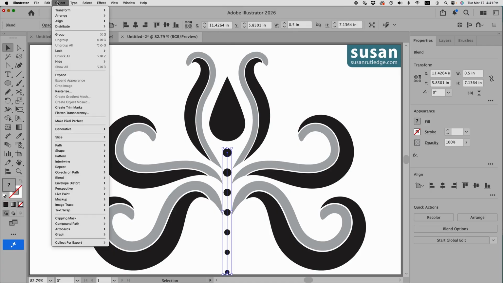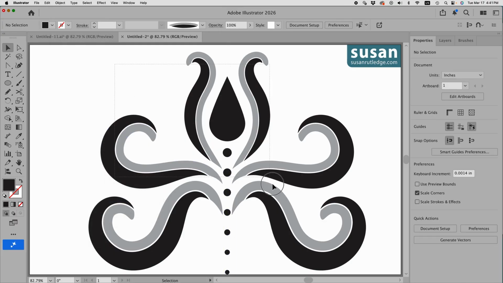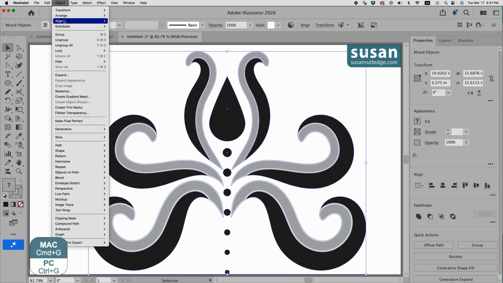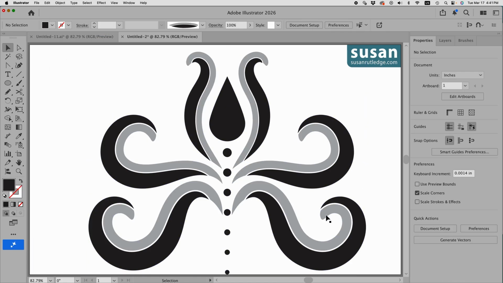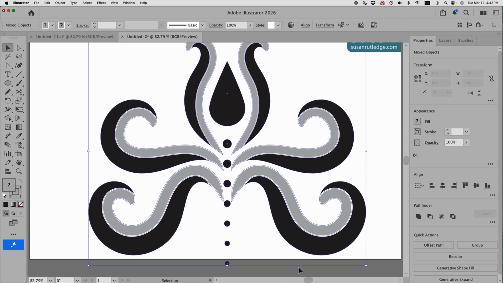And then I can come up and go Object, Blend, and Expand, and then select all of the design and group it, Object, Group. And then let's just take a look and make sure we have everything the way we want it. I actually think that I could move this down a little bit and select everything and group it,